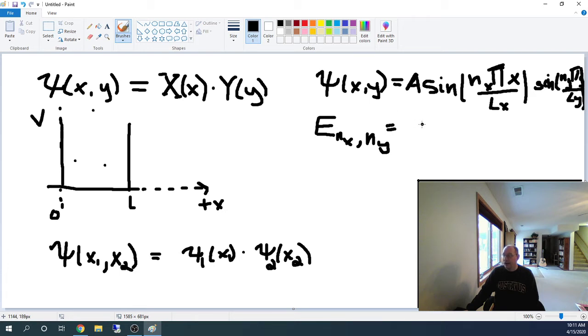And then the energy was, let's see, how did it go? It went, so there's h bar squared pi squared over 2m,